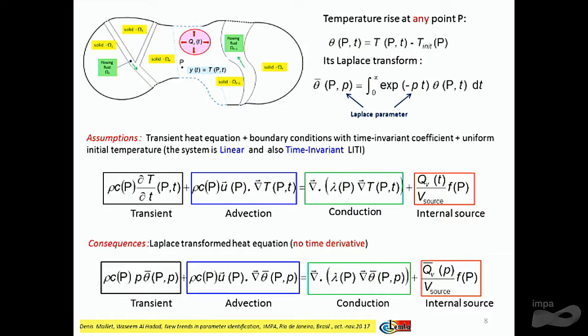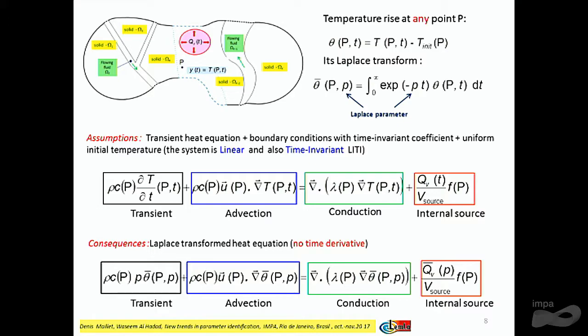So what we'll do, we'll Laplace transform this temperature. So Laplace transform, we use a bar, and of course, you will change the time here and here into the Laplace parameter P. And in that case, what happens is all the terms here, they are linear in time, so you have the time as a product, so QV of t becomes QV bar of P. That's a Laplace transform. Same for the temperature, because all these operators, they commute with the Laplace transformation.